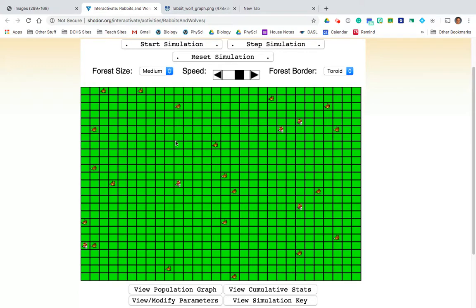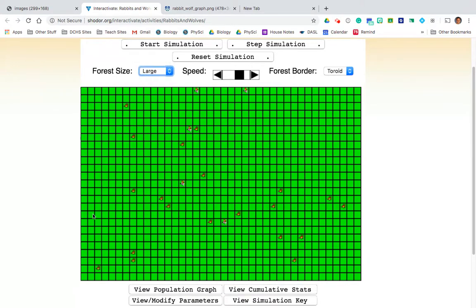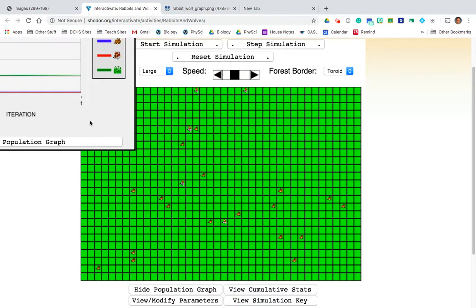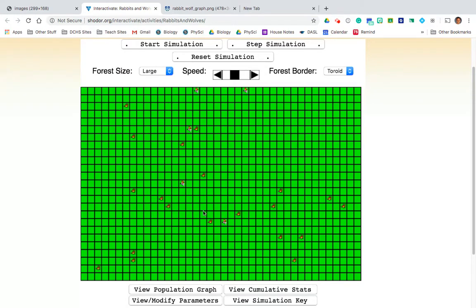But what we have here is different patches of grass in the green. These little ones are the rabbits. And then we have different wolves. So we're going to look at the relationship between not only grass and rabbits, but then rabbits and wolves. It's all about transferring energy. To get the best results, I'm going to switch this to a large one. And I'll let this go forward and back, and then we can look at the end of it. We can look at a little graph here, which I'll zoom out when we're ready, to